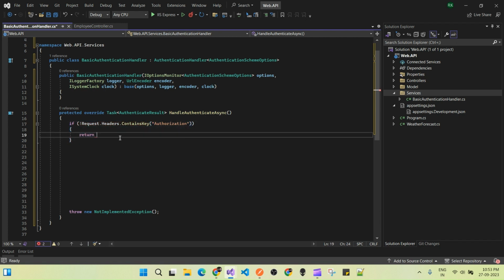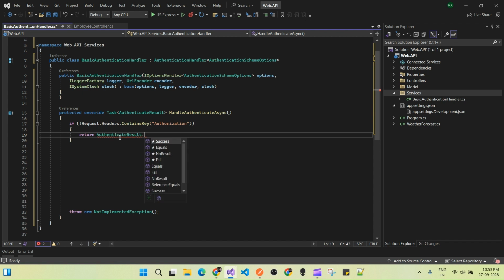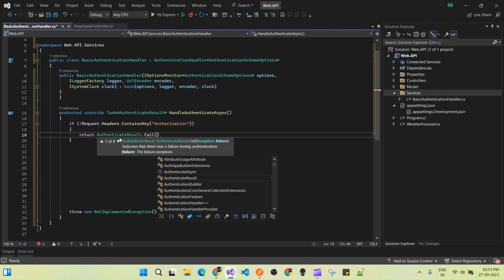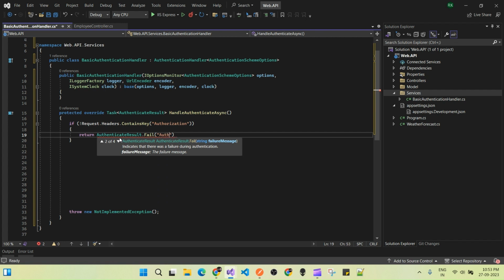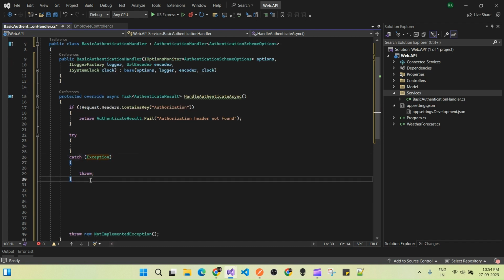And there we have written AuthenticateResult.Fail, giving a message like Authorization header not found. We send the message like this using the async process, and we have to use async. And now in this section we implement the logic, just using try catch firstly,